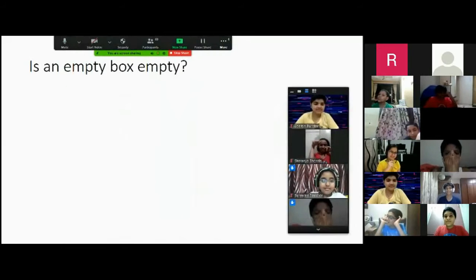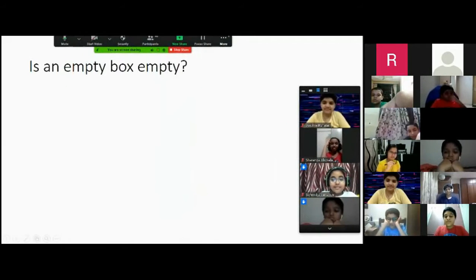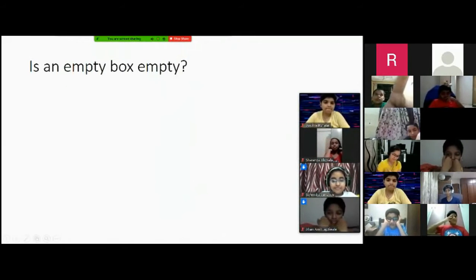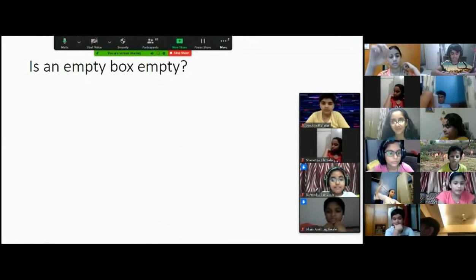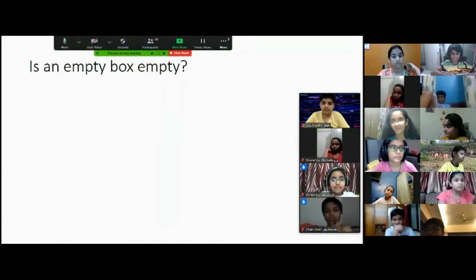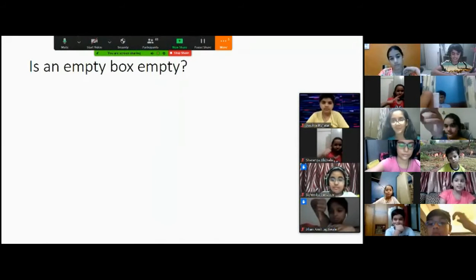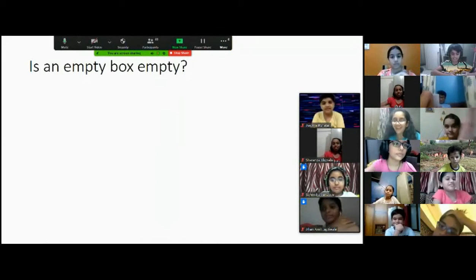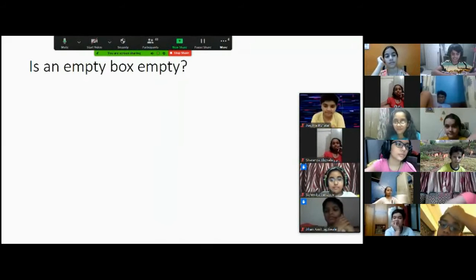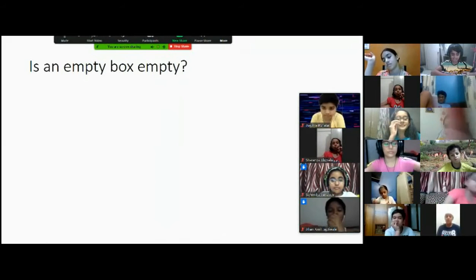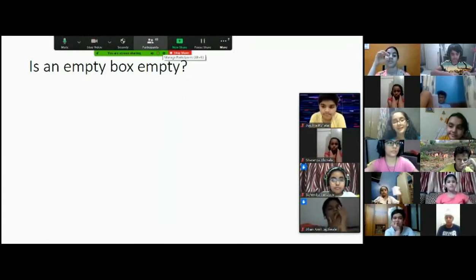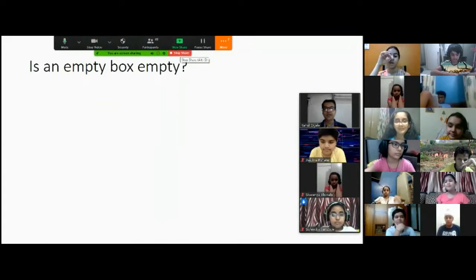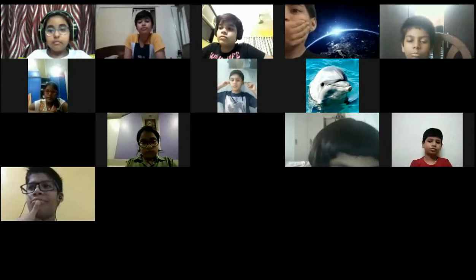Now, matter is there. If you have a compass box and you remove everything, scale, compass, pencil, eraser, everything, then you would have an empty box. Will it be empty? No, because there is air in that, and air is also matter. Now you bring a vacuum pump and remove all the air. If you do that, then you will have a compass box which is really empty. There is no matter, and such empty space is called